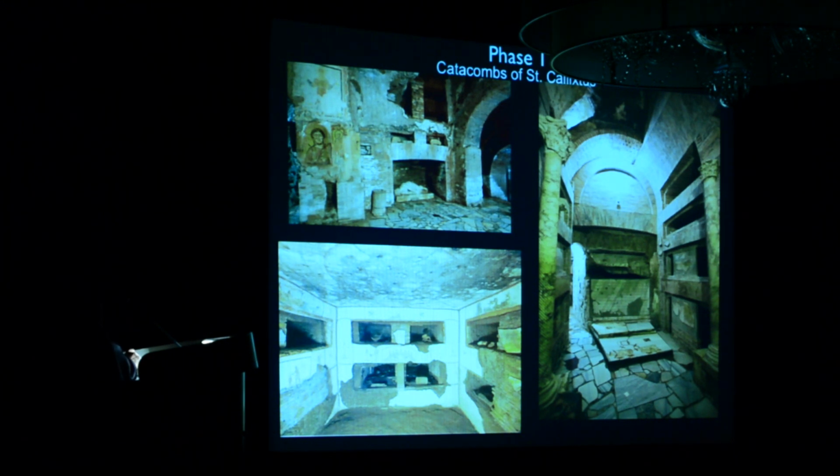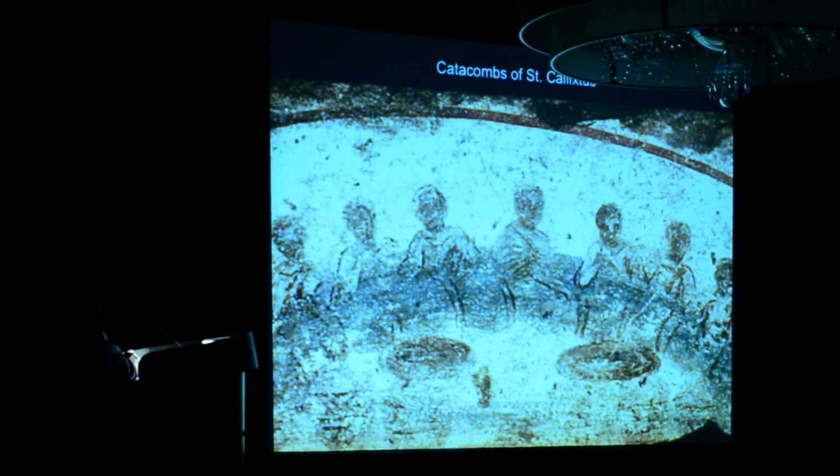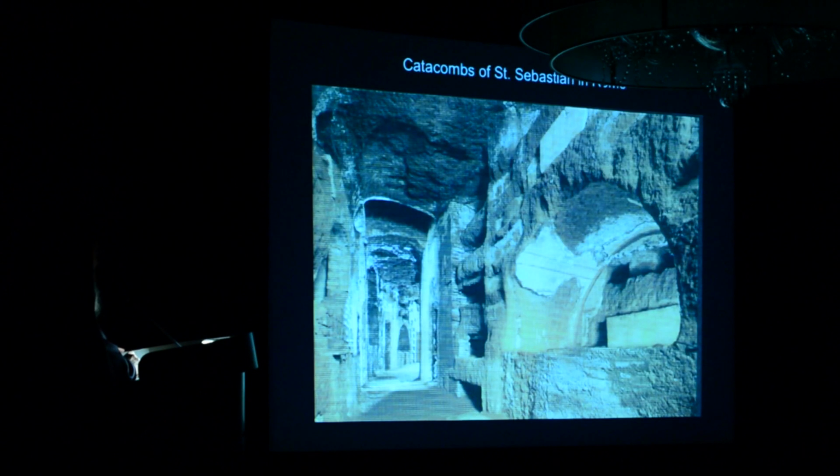This is the catacomb of St. Callistus, and you can see there are some original elementary paintings on the walls of the catacomb, as well as inscriptions. And this is another catacomb, of St. Sebastian. The St. Callistus catacomb was 5 stories below ground. We had a liturgy there once. It was an amazing experience because there are thousands of tombs there.